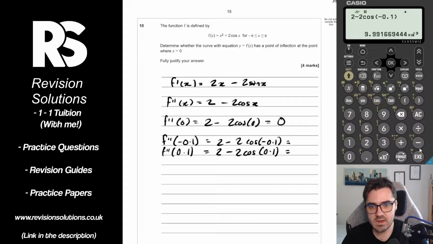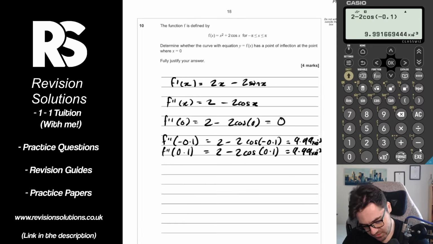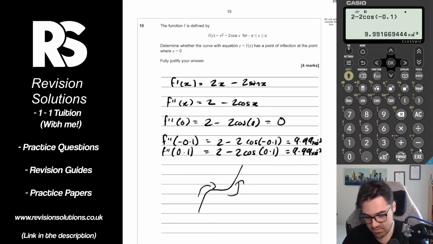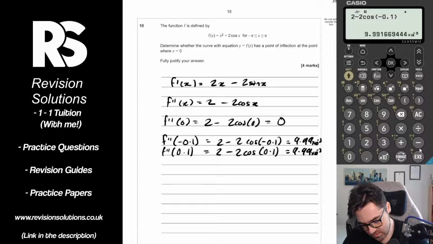That's 9.99 times 10 to the minus 3. And we're going to get the exact same thing because cos of minus is the same as cos of the positive value. So there's not a sign change, which is what we need to have a point of inflection. If you think about it, if you have a point of inflection, the curvature changes from curving down to curving up. So we need a change of sign for there to be a point of inflection. So we'll say no sign change